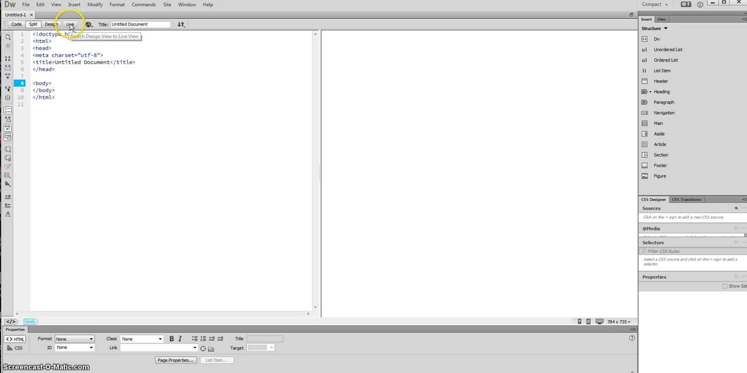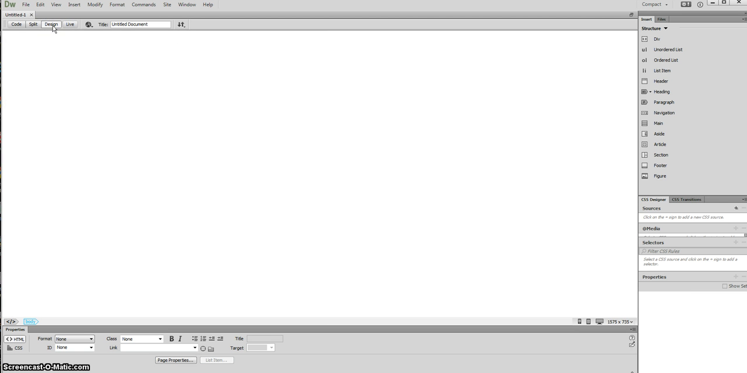The last option is live, and live gives you an idea of what your website would look like if it was live on the web, if it's uploaded. Obviously we've not got much to see there at the moment, so we're just going to go back into the design view, and we're going to begin